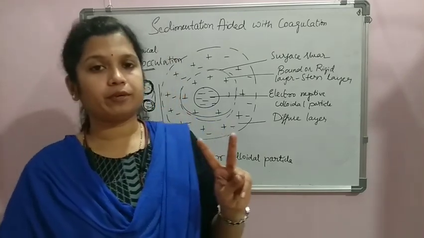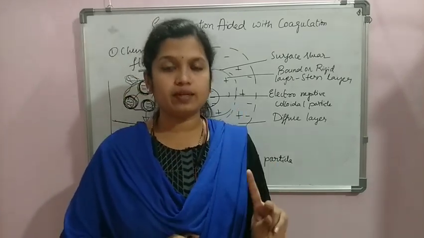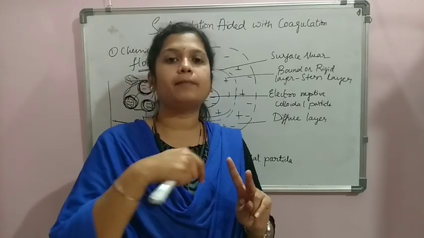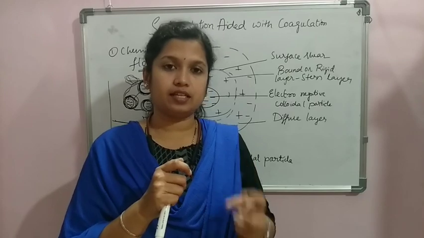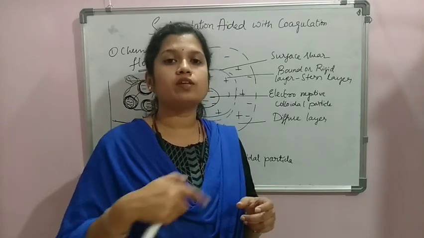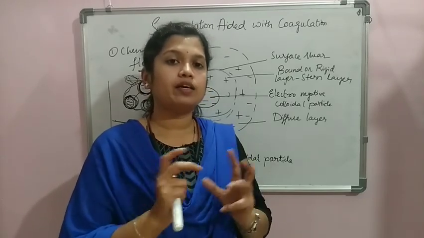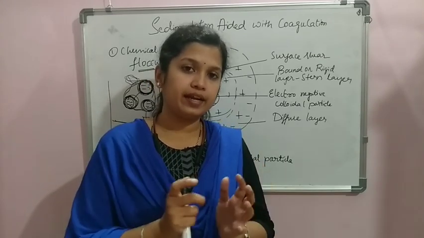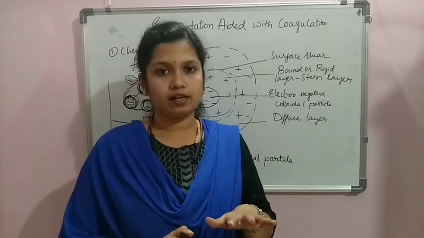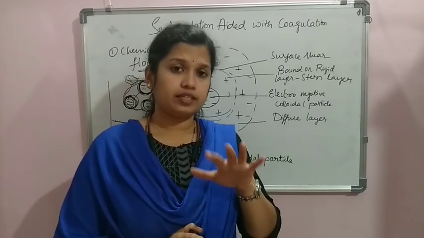One is the floc formation, that is a gelatinous precipitate formation that sticks to the particle. Once they stick to the particle, the particle size gets increased. When we give a slow mixing called flocculation, all the particles come close together and they agglomerate and create a mass. When they create a mass, they have to settle down to the bottom.